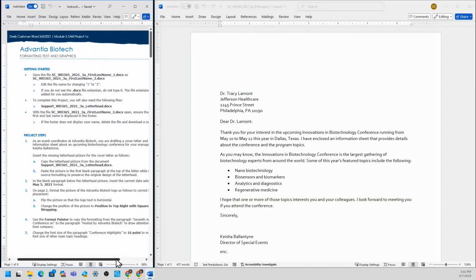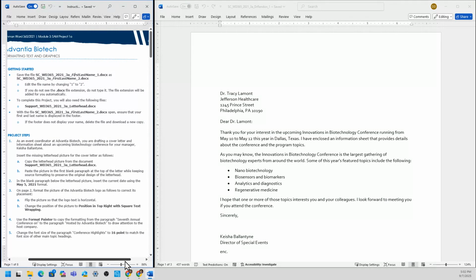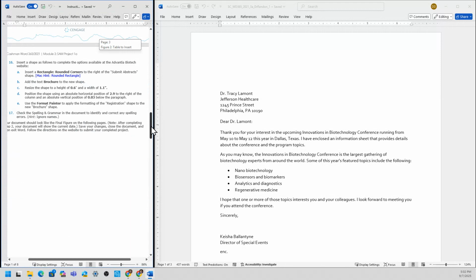You should have already downloaded your documents from your Cengage MindTap account. The first one you downloaded would be your instructions, similar to what I have on the left of my screen, which includes project steps up to 17.